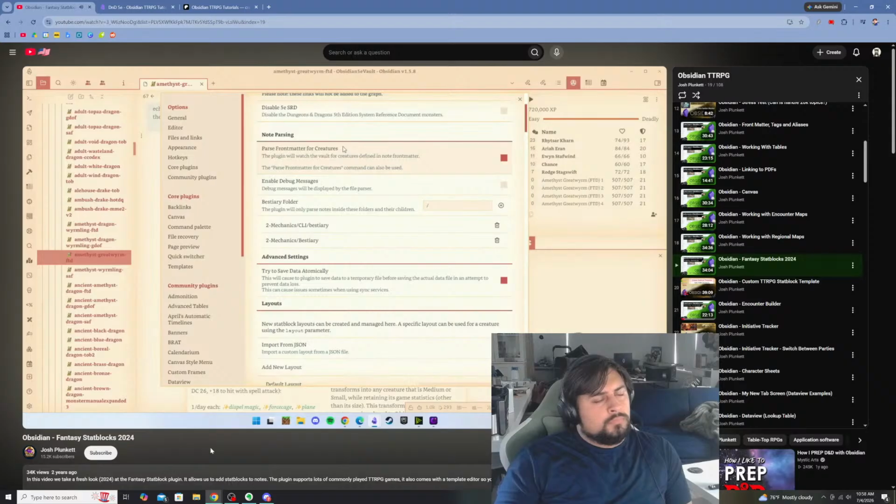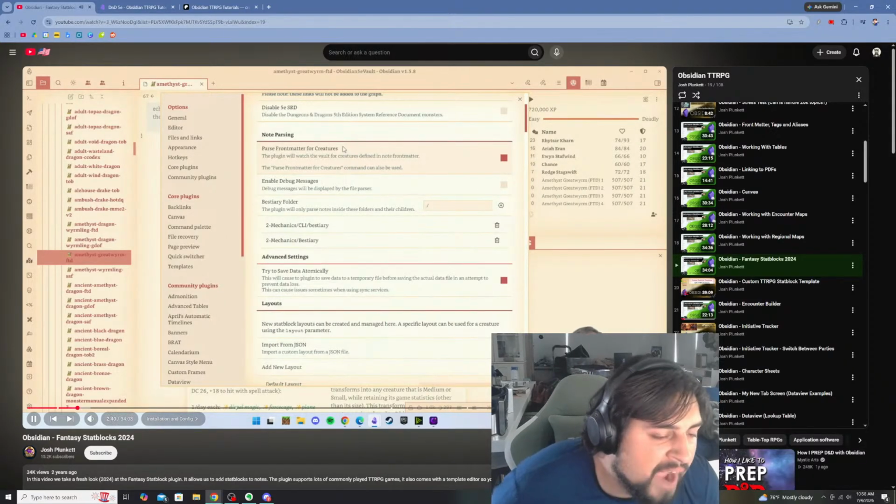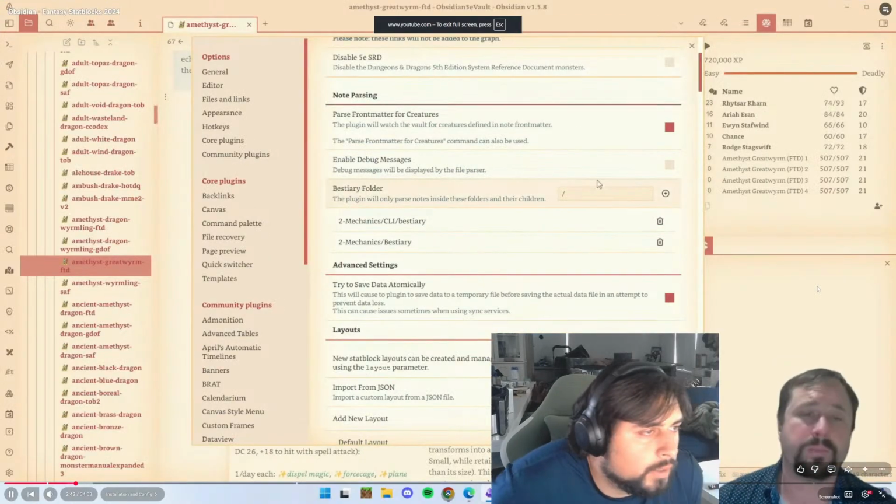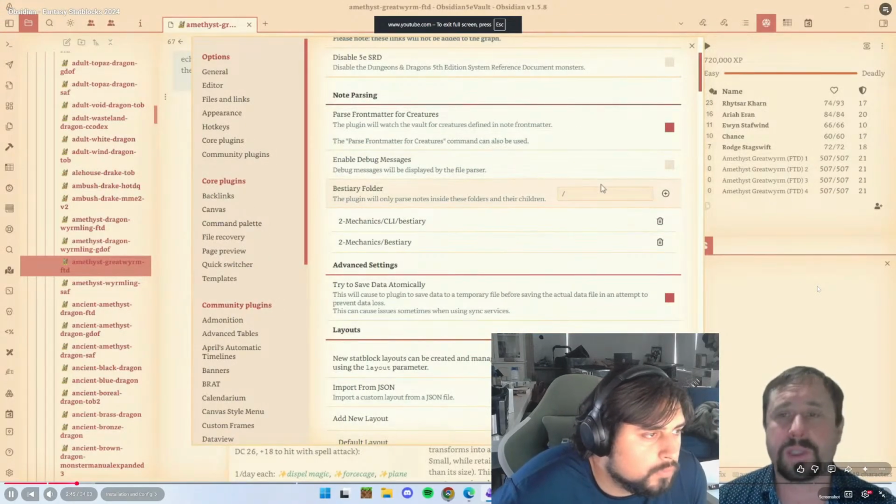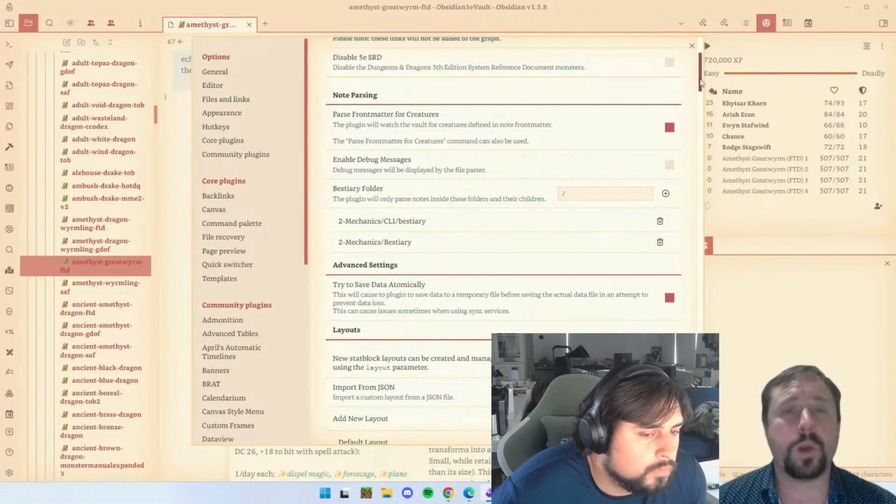What that basically means is it's going to scan your vault, scan all of your notes, and find the ones that have monsters, and it's going to use that to actually feed monsters into the plugin. Okay. Now, back in the day, when we first started using this plugin, we used to load monsters into the